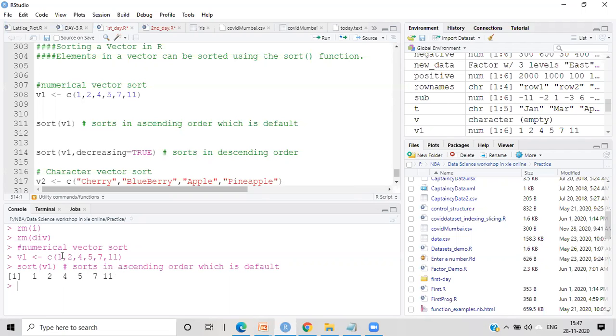So that is called the descending order, or decreasing order. If I want to print in that particular order, I can write the same function in this way: sort function v1 comma, then decreasing, I am saying true. When I say decreasing equal to true, this will sort in descending order, right? So let's run this